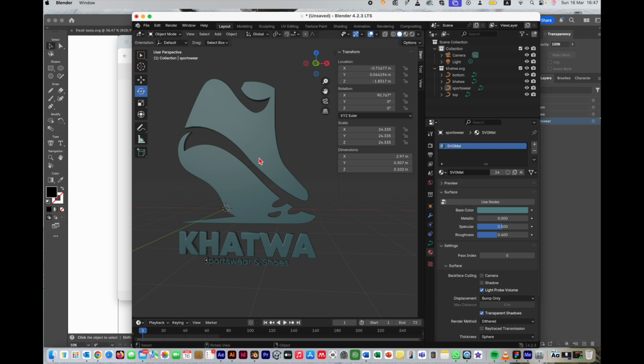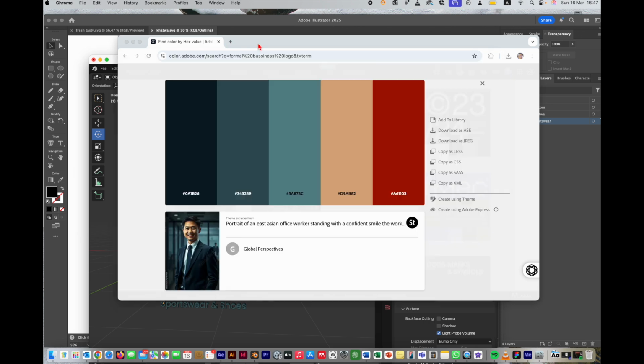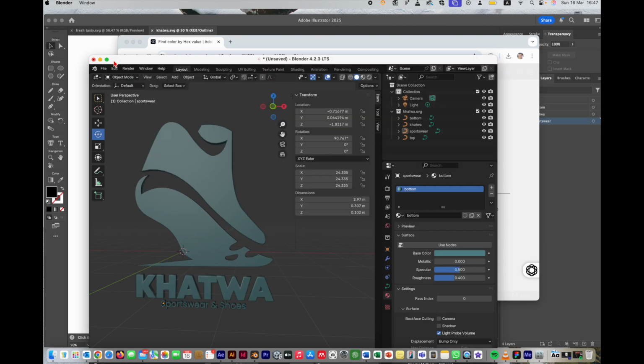See that this is the first color, but all the objects now are using the same material. The first material is for the top. You can change this if you want. You can type top, meaning that this is the color for the top logo. If I click on new material, this will be the second one, bottom. And if I go back to the Adobe color wheel, I click on the second color,